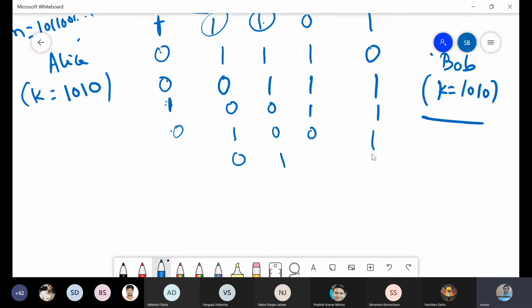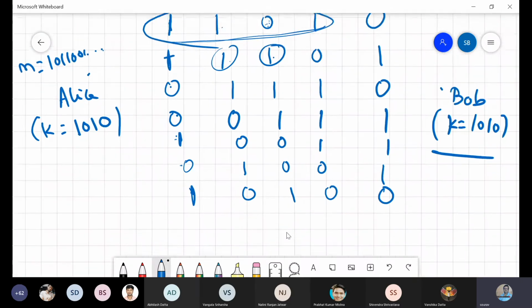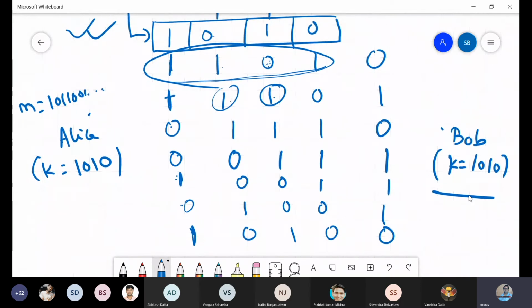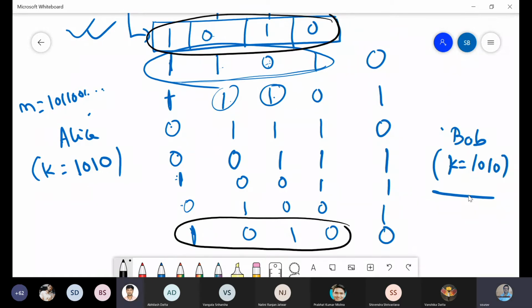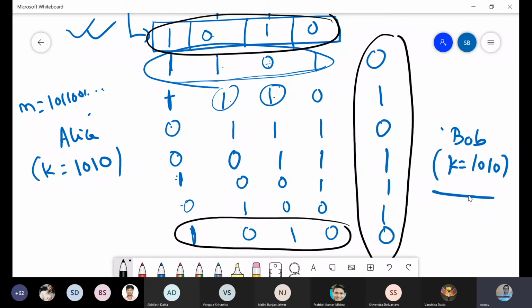0 will, where am I? 0. And this one, 1. We got the same internal state? Yes, we come back with the same internal state. So now once we have the same state, it will repeat the same values, right? This is our alphas, one period. This is our key stream.